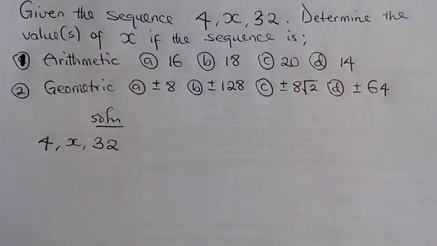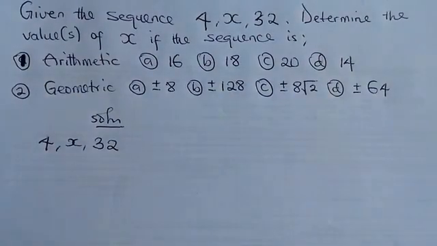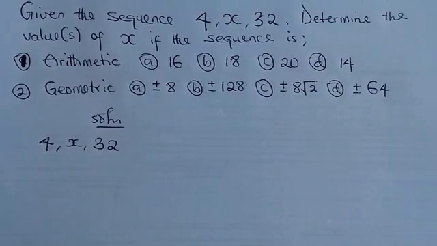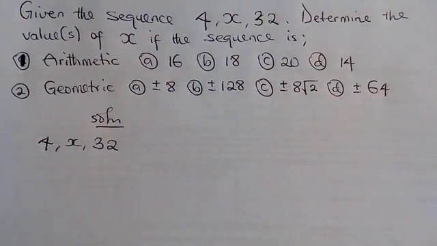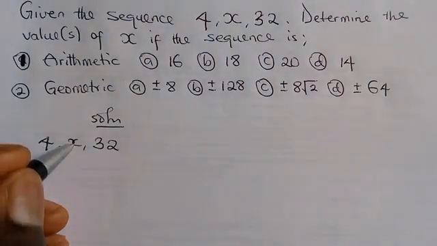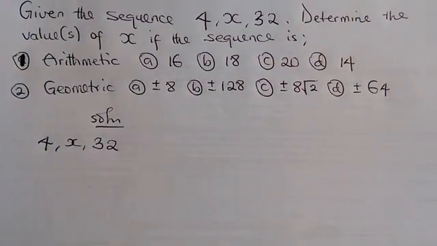Now, the first thing we need to get, I'm going to solve this in two different ways. First, I'm going to use a particular method. Thereafter, I will use arithmetic mean and geometric mean in addressing this, which of course is the fastest method, the easy way to solving this particular equation. Now, if this is a sequence and it's an AP, this is T1, this is T2, this is T3. It means